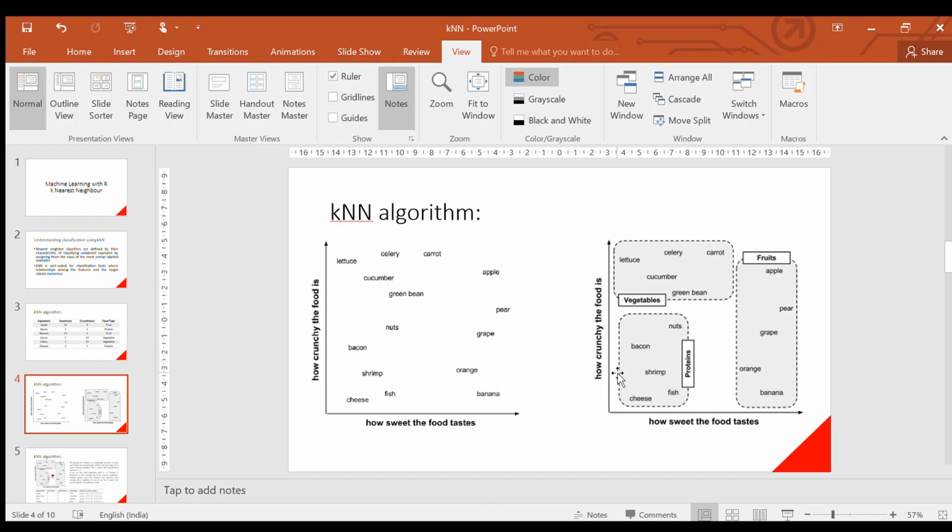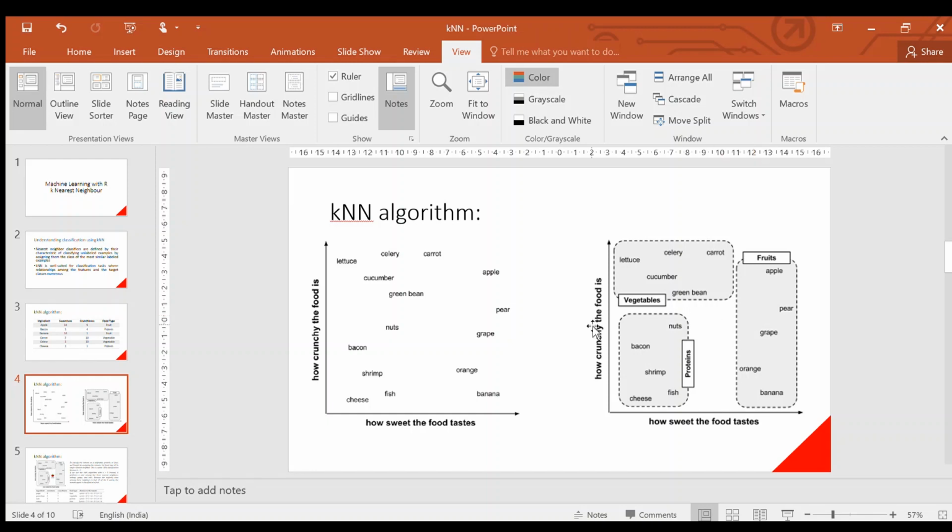We can observe that the ingredients pertaining to a particular group like vegetables, proteins, fruits tend to lie on the scatter plot in a group. So the assumption we can make is that data from a particular group tend to show similar kinds of features. That's why they appear on the scatter plot in groups.